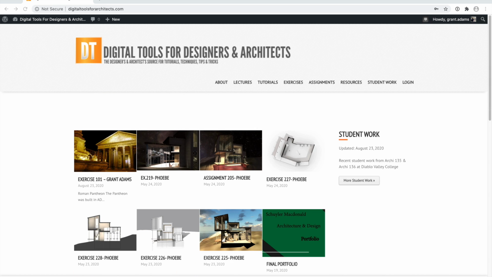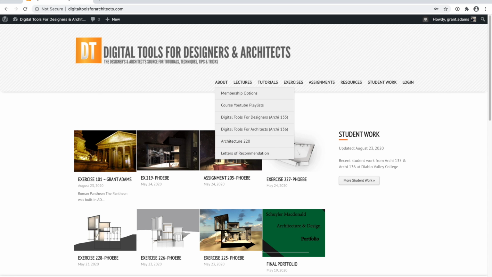So here we are on the course website. Let me walk you through some of the information that's contained on the course website. First off, here under the About tab, this is where we have information like the course syllabus, the course calendar, the calendar feeds, and how to subscribe to those. Also information about letters of recommendation, etc. So that's all available there. If you need to go back and get another copy of the syllabus besides the one that I emailed to you, it'll be there as well.